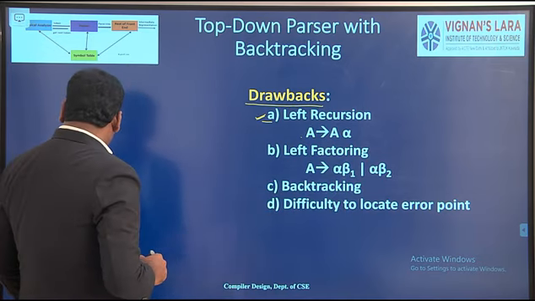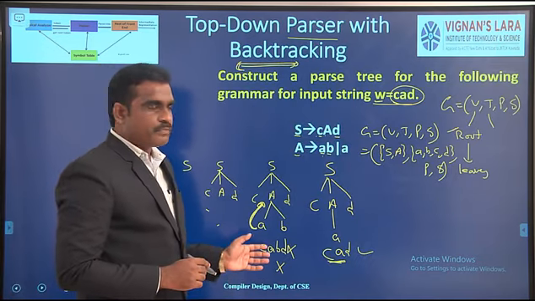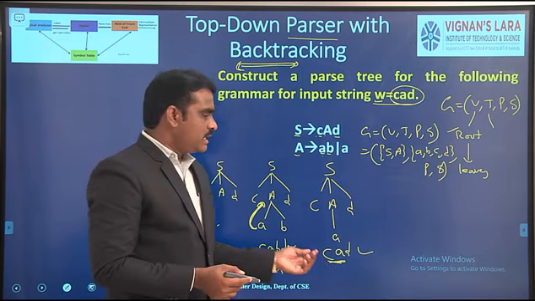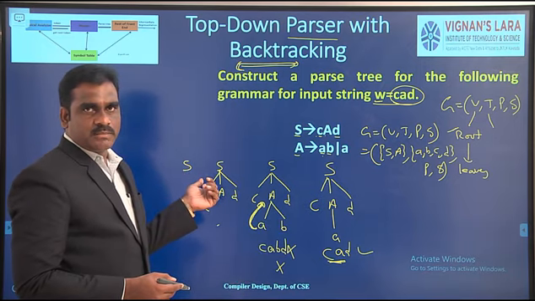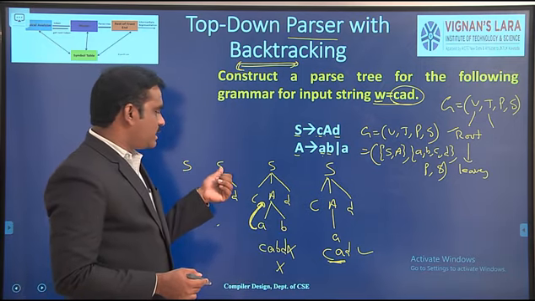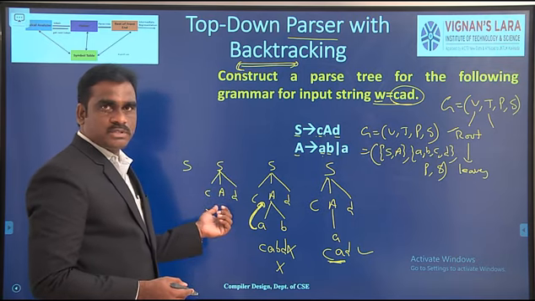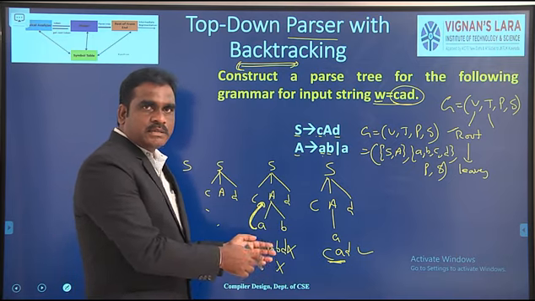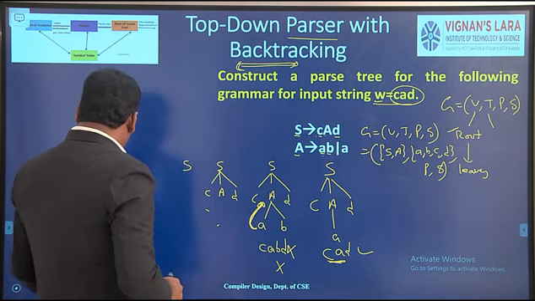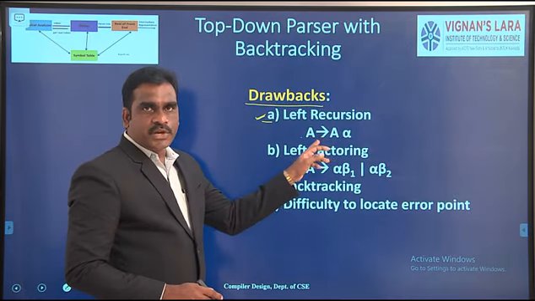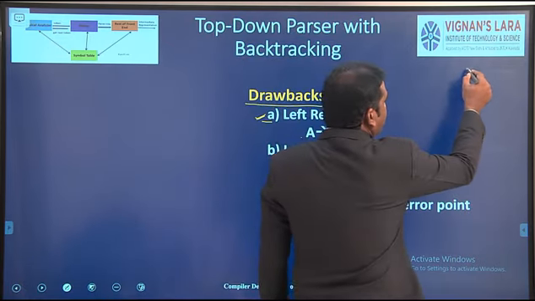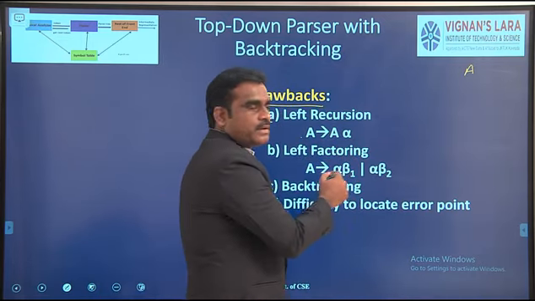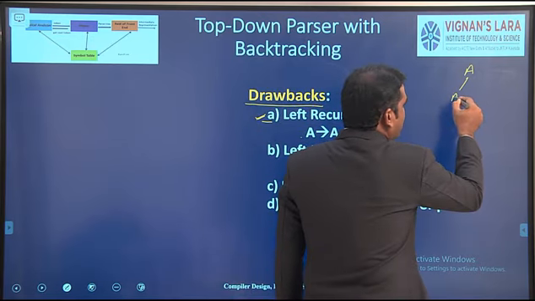Suppose, this is the procedure. I want to derive some string. How to derive a string? Start with the starting symbol of the grammar. Next step, this is a non-terminal, and it is replaced with some production. In the next step, again it is a non-terminal, and it is replaced with some production. Like that, the process goes on. Suppose the production is like this, A to A alpha. See, A is a root node. Now A defines A alpha, so two symbols. One is A and another one is alpha.